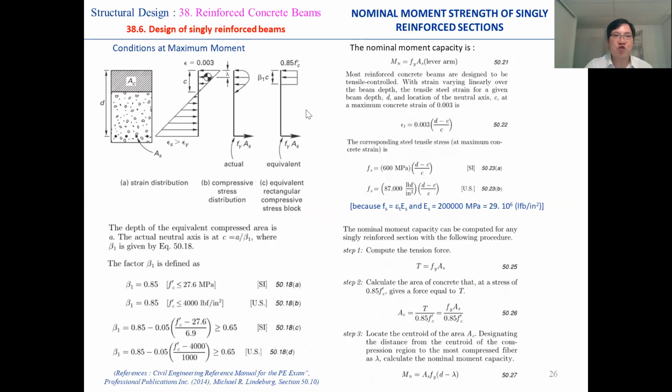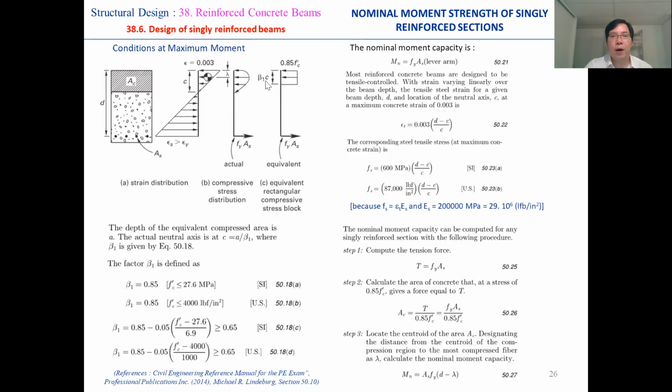This figure shows you the condition at maximum moment. The first one shows you the strain distribution of the beam, and the second shows the compressive stress distribution for the compressive zone and the tensile force given by the steel bar. This diagram shows the equivalent rectangular compressive stress block that you use for the calculation. It shows that you can, based on the